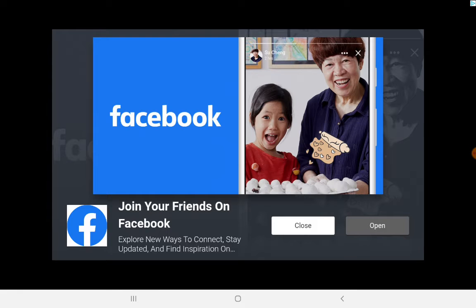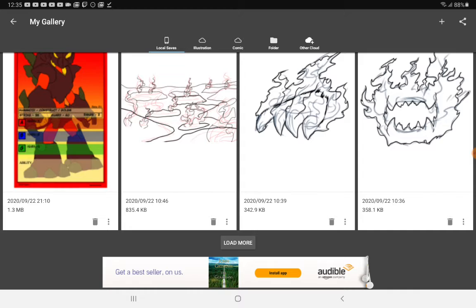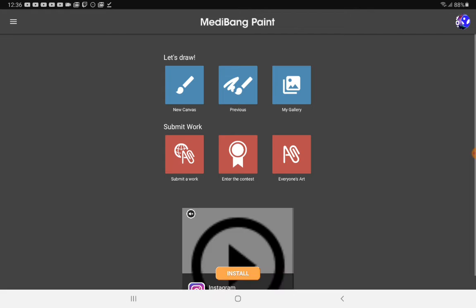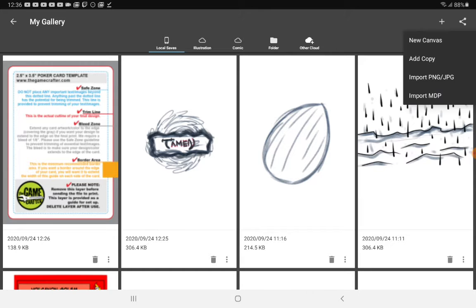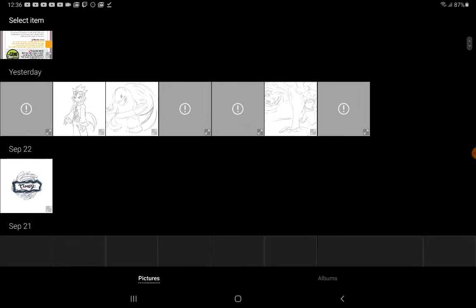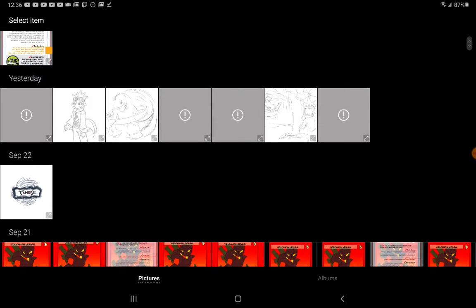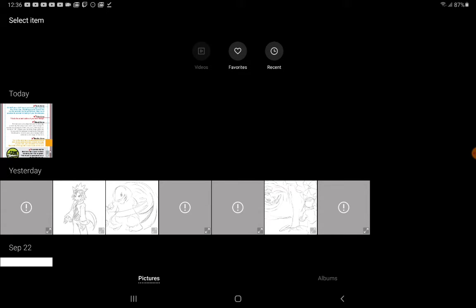Once you do that, you can go into Metabank Paint. It'll put you to this home page. Go into my gallery, hit the plus sign, hit import PNG JPG, and then you just select any image that you want to use for your card. But before we do that,